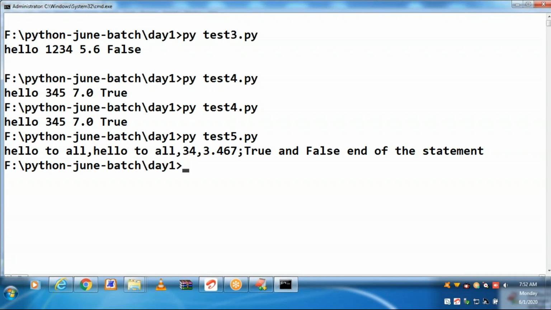Based on your requirement, you can choose any separator.